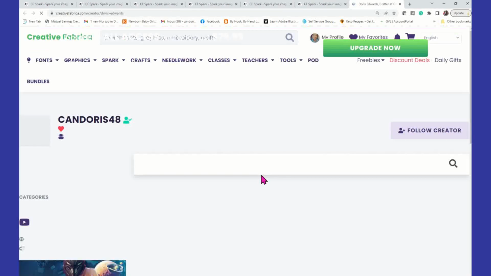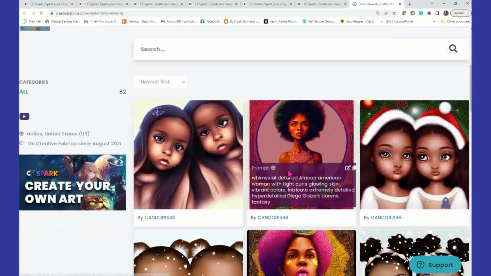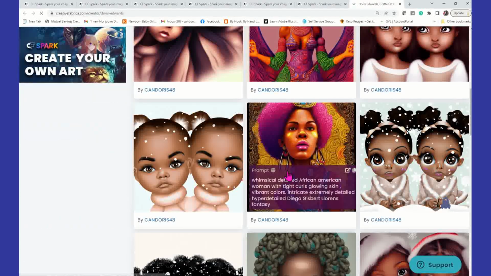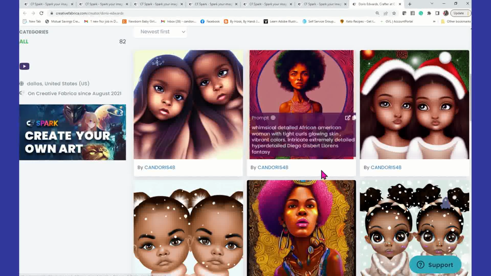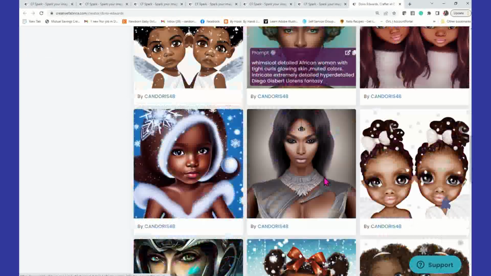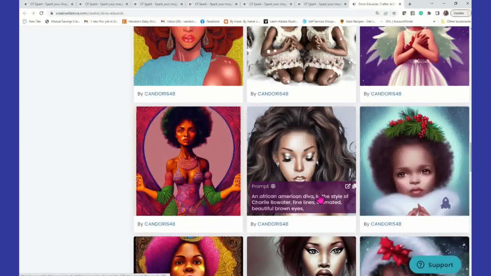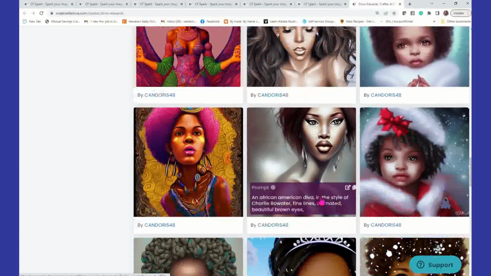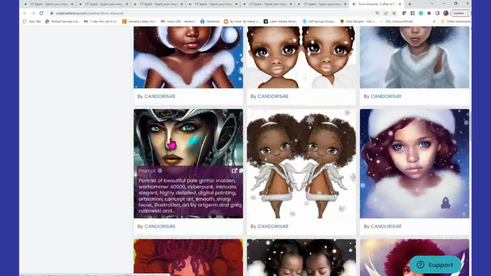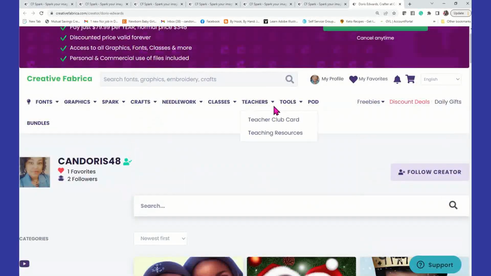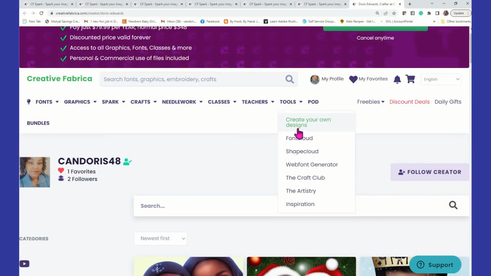I'm going to go back here and you can see these have now been added to mine. And let me show you this one image that I absolutely fell in love with. I fell in love with this one. So I'm going to copy this prompt. Okay. And I'm going to go back and I'm going to create